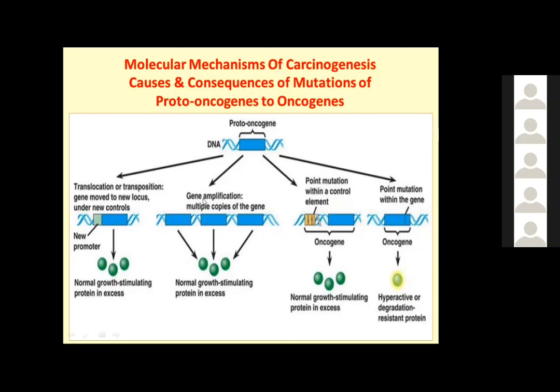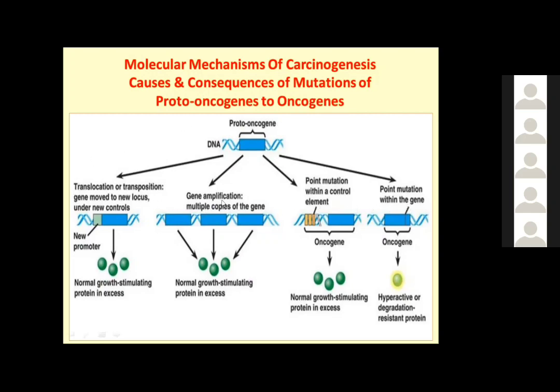And instead of having two copies, for example, of a proto-oncogene, we might have multiple copies, or translocation of the proto-oncogene to another locus in the genome. If this locus is controlled by a stronger promoter, the proto-oncogene might get under synthetic stress and it produces more of its proteins. All these